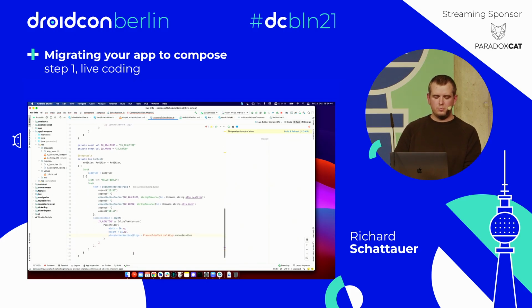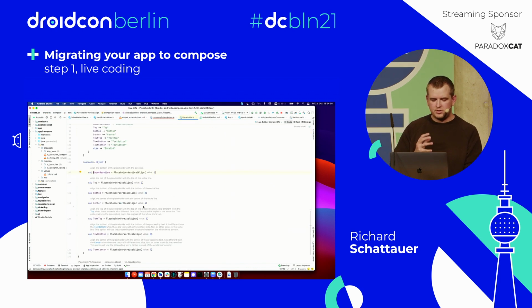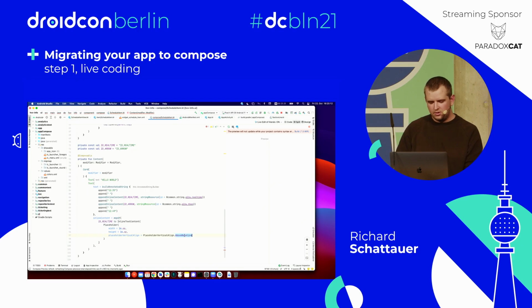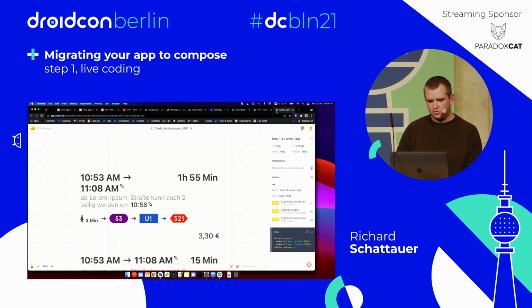And I can also place it or align it in my text. So it can be top, bottom, center, and there is a vertical alignment, and there are multiple ones. Just be aware that if you choose top, it's not the top of the text that you see, but rather the top of the view. So you still have the ascender above, and you would need to offset that. My goal is to show this real-time icon next to the top of the text, maybe a little bit higher, but not all the way to the top. So I'm going to offset this one.